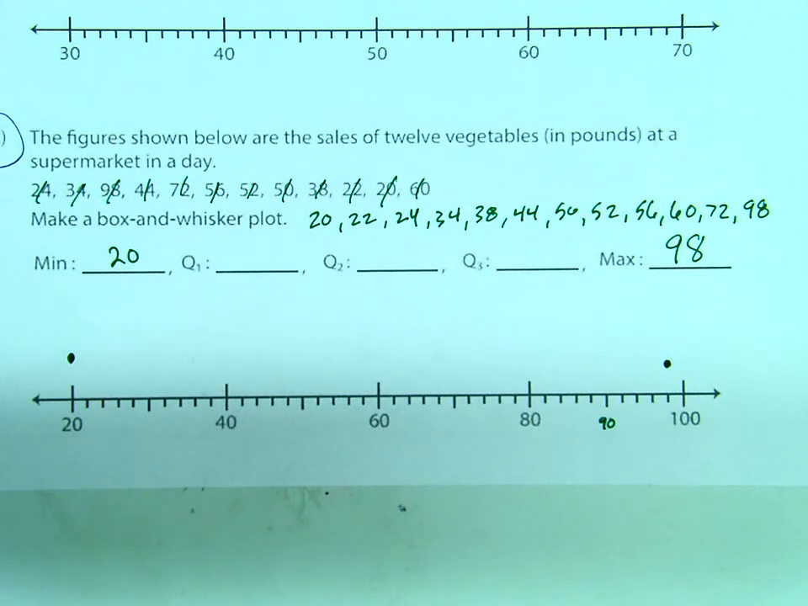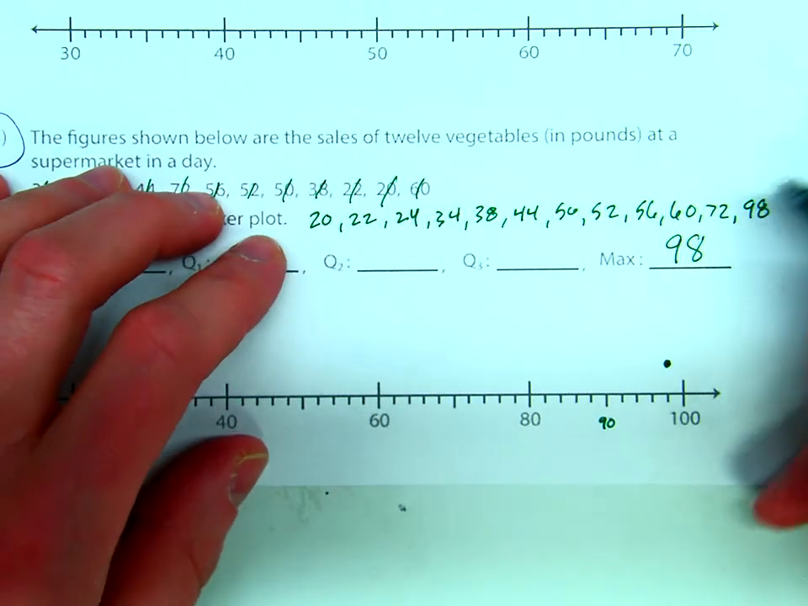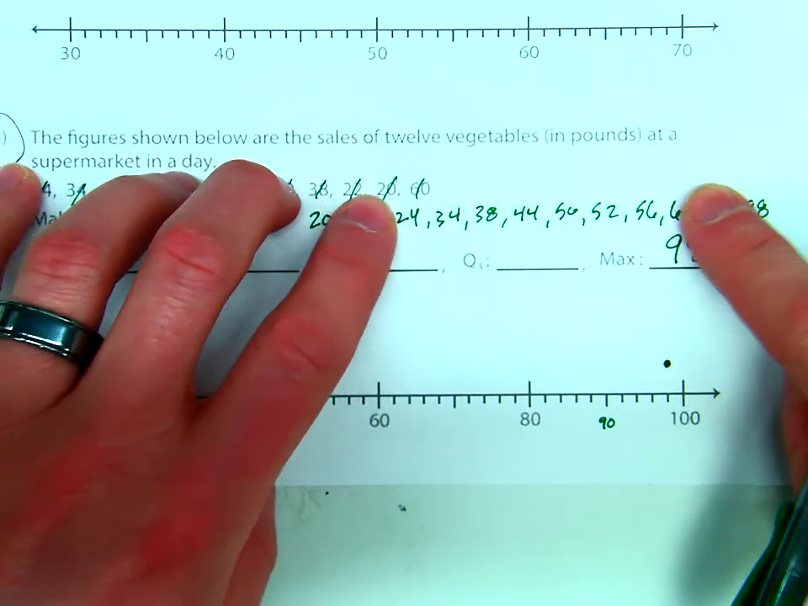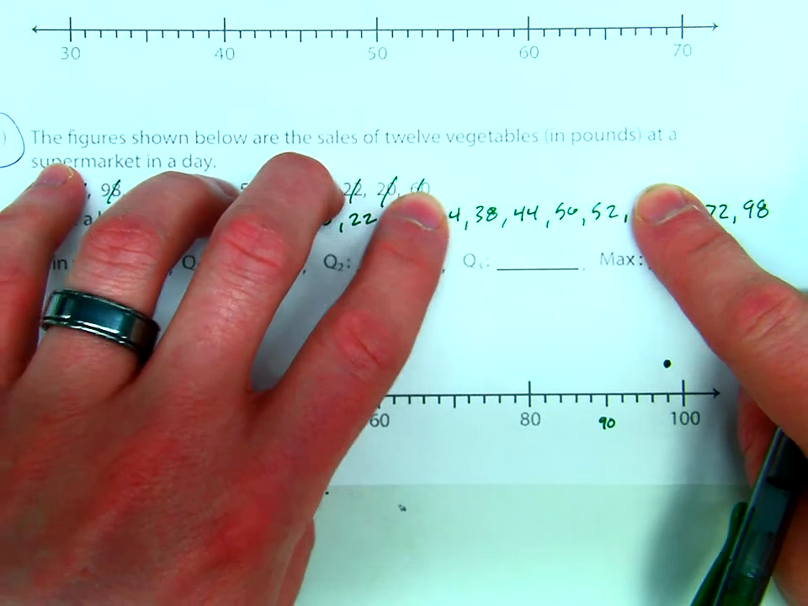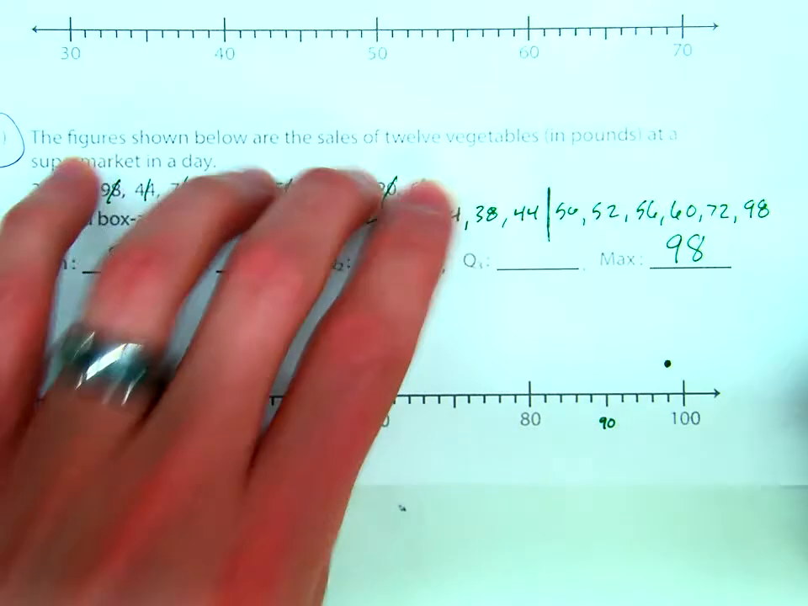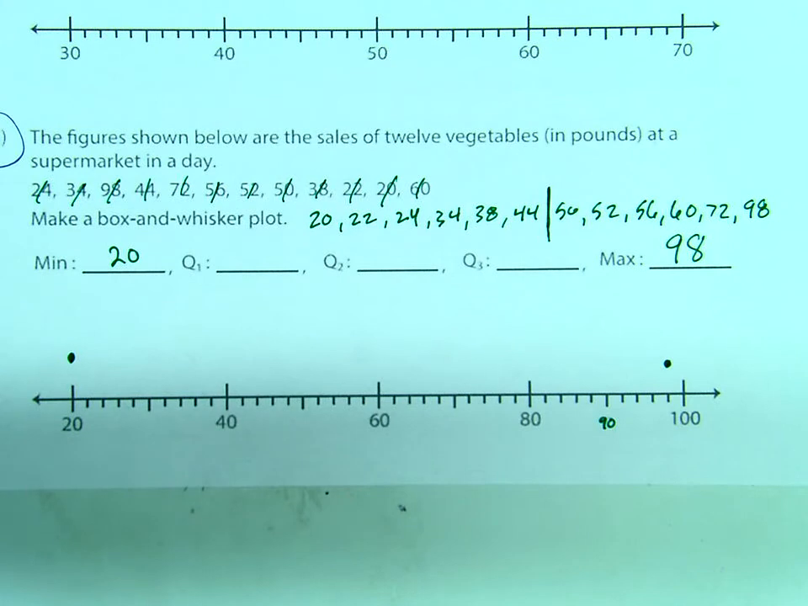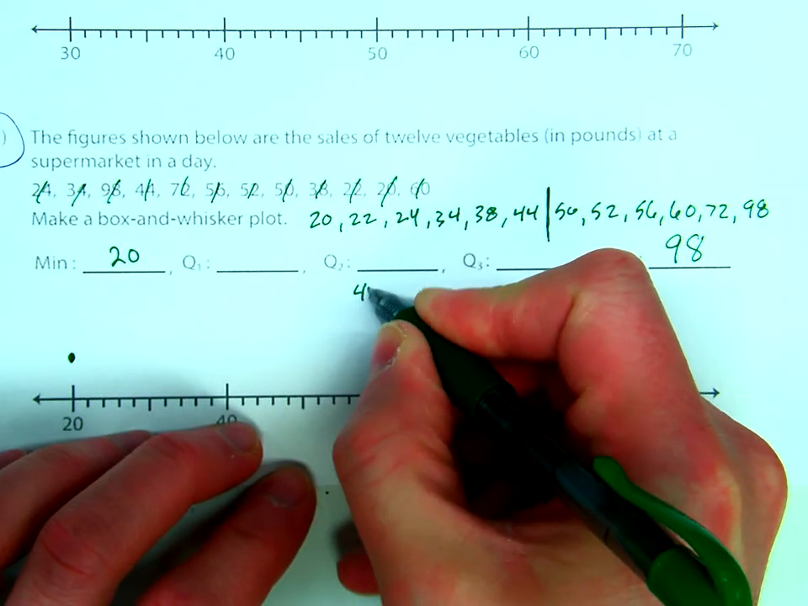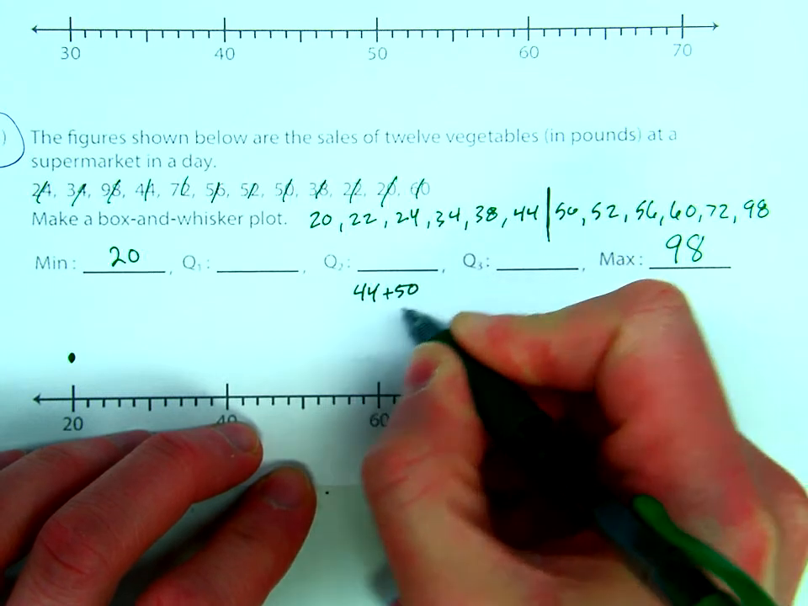Now the next point to find is the middle point of the data. And since there are 12 numbers, we're going to have to try to track that down. So think about crossing them off one at a time from each side, slowly working your way in, and you'll see that the middle is actually going to fall in between 44 and 50. So to find the Q2, we actually have to take our 44 plus our 50